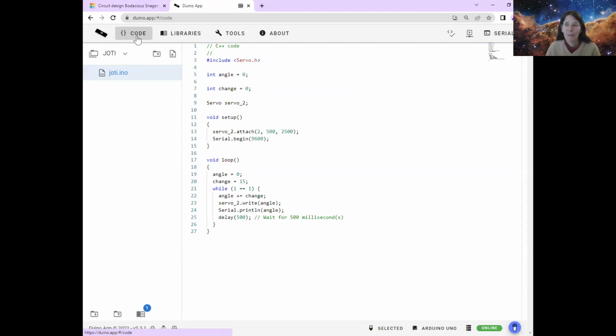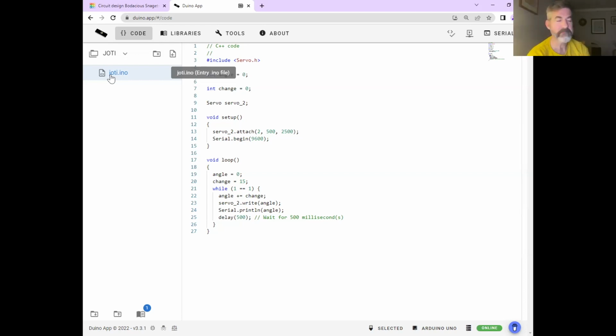Another quite common problem that we found is that over here on the left, you can see that I just have one file here, which is called jyoti.ino, because I started this tab on Jamboree on the Internet Day, and so I called it Jyoti. If you've got two files here, then delete the one that you're not using. It's sometimes .c. Is it .c? Yeah. Sometimes it's .c, but delete the one that you're not using, which is often the .c one, which you can do by